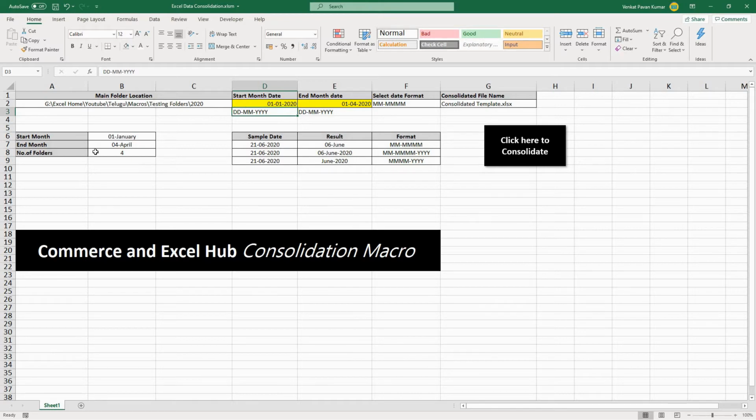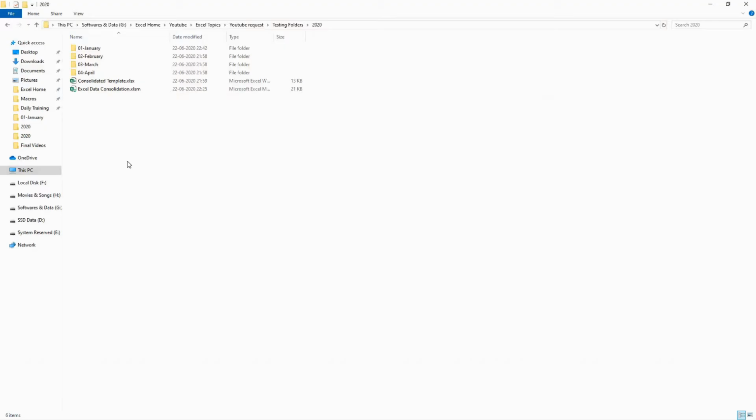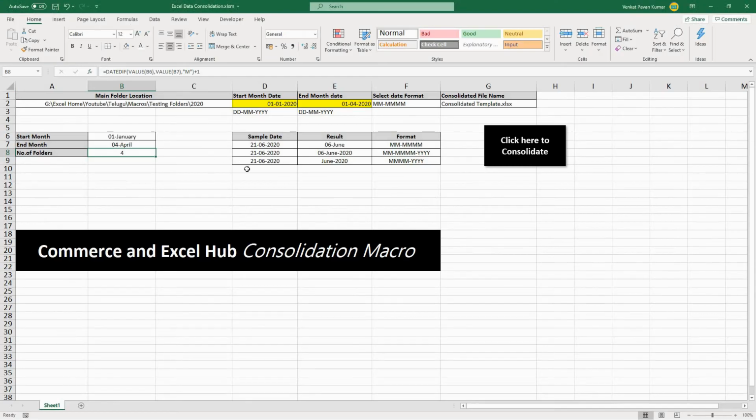Here we can see the dates got updated, and it says it should loop 4 times within the subfolders for each month. If you have a different format of folder name, for example here the folder name is the month number, then a hyphen, and then the month name, I have given three formats.